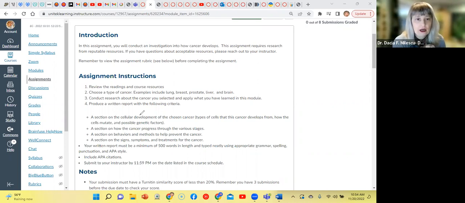Make sure you also talk about how the cancer progresses in the various stages. So for example, colon cancer is stage 1, 2, 3, right? So is melanoma, right? Some cancers are not staged, right? So if it is staged, make sure you write down the progression, the behaviors of the cancer, the signs, symptoms, and